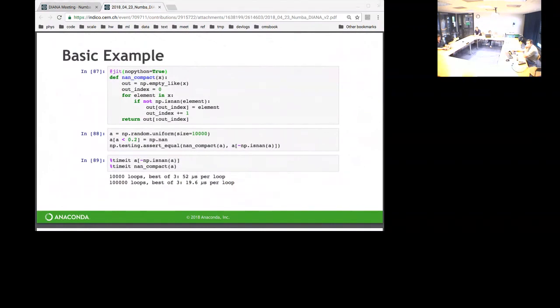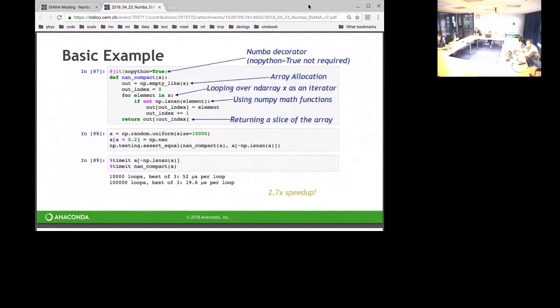We need them to tell us what function they would like us to compile, which we use the JIT decorator to do. So here's an example of a function written in kind of a Fortran-y feel where we've allocated an output array. Actually, let's go to slide 7, which notes stuff. So one of the things the decorator does is what Numba's goal is to translate the body of the function into something that has no Python types at all, no Python objects. It's all pure native numeric types or other structs and things like that.